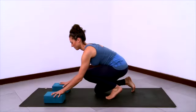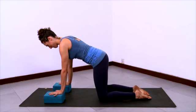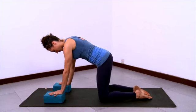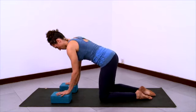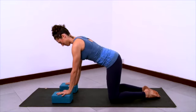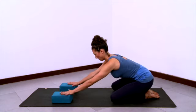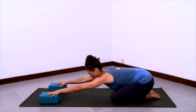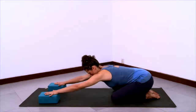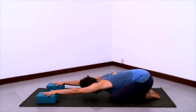Now we'll practice extended child's pose with 2 blocks. So have the blocks underneath your hands and come to hands and knees. Take your knees a little wider than hips, big toes are touching, and then pull your hips back onto your heels. And with extended arms, start to slide the blocks forward in space and lengthen the belly, the rib cage,